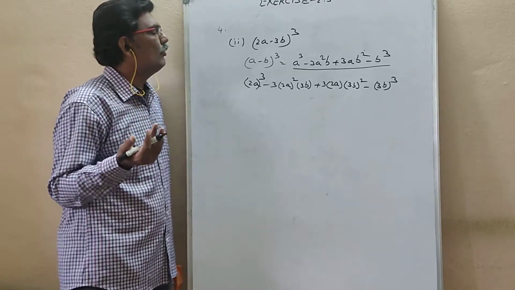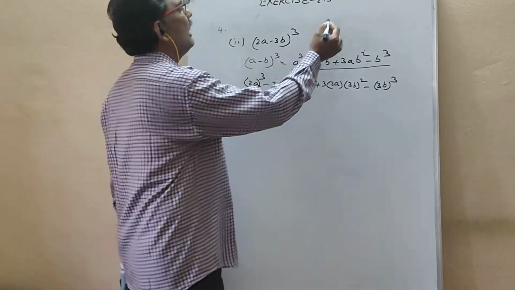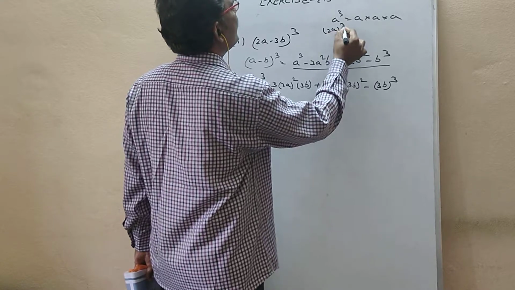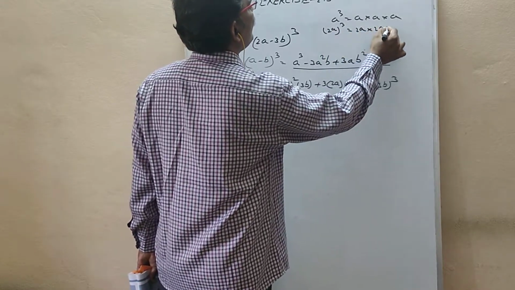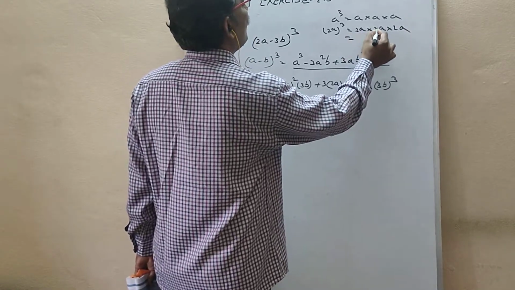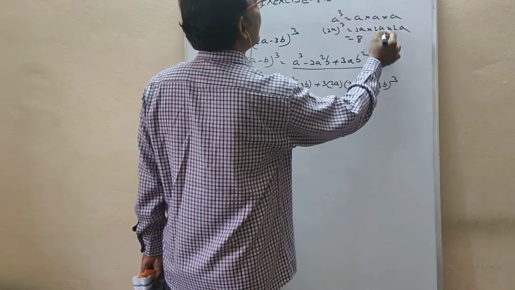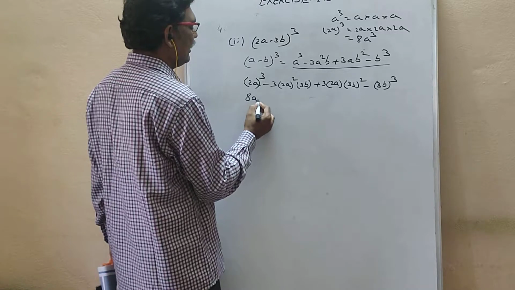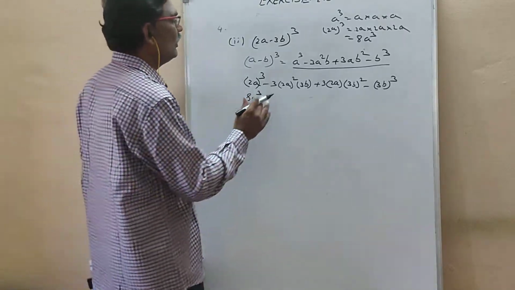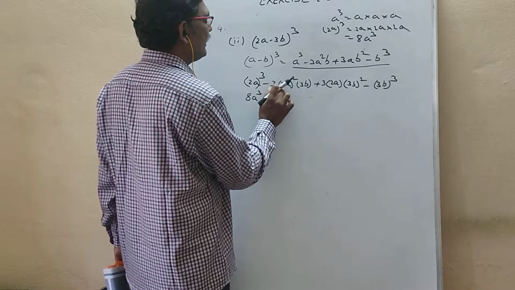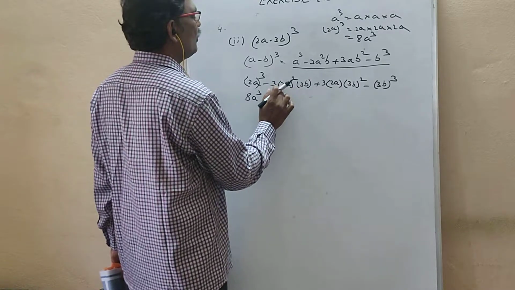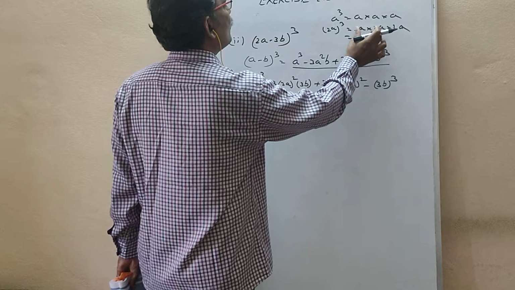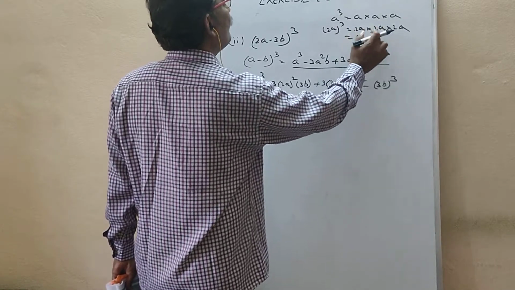Now, simplification, how we have to do it. 2a whole cube. We know that a cube means a into a into a. 2a whole cube means the base is 2a. You should write 2a into 2a into 2a. So 2 2s are 4, 4 2s are 8. a into a square, a square into a is a cube. So if you simplify this entire thing, you get 8a cube. Now, you should not multiply 3 and 2 now. For this 2, what is there? Square is there. First, do 2a whole square. 2a whole cube means 3 times written. 2a whole square means only 2 times. These two, if you multiply, you get 4a square.